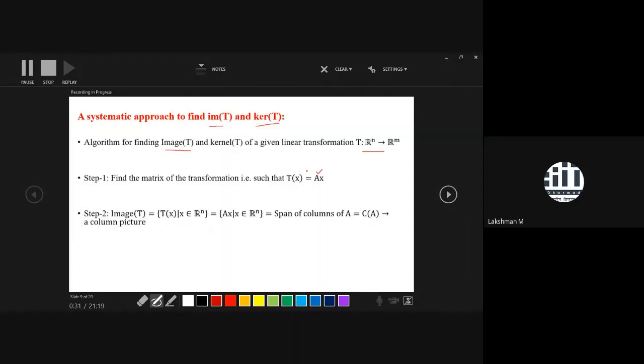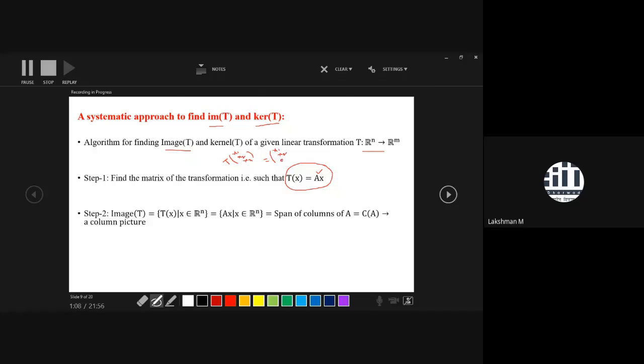What is the matrix of the given linear transformation? Then express the linear transformation in terms of a matrix. Suppose, one example I had already discussed, the projection example: T is a mapping from R3 to R3, where it maps any three-dimensional point with coordinates x1, x2, x3 to this vector in the x1, x2 plane, like x1 is free, x2 is free, and the third, x3, becomes 0.